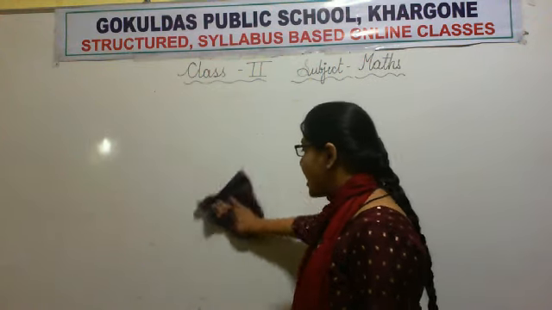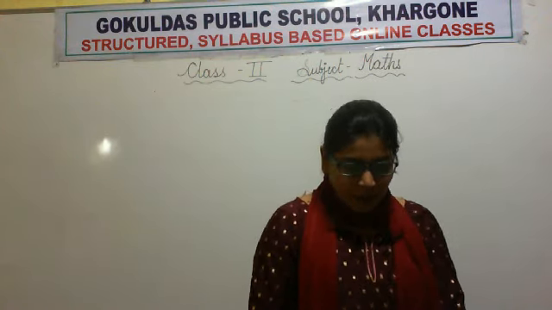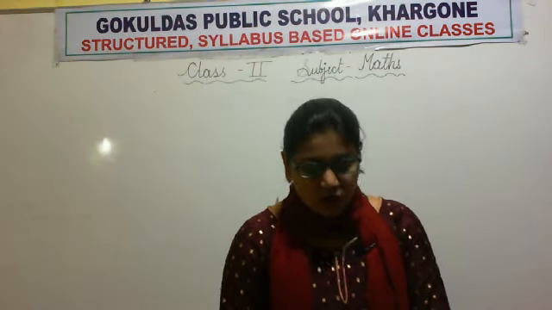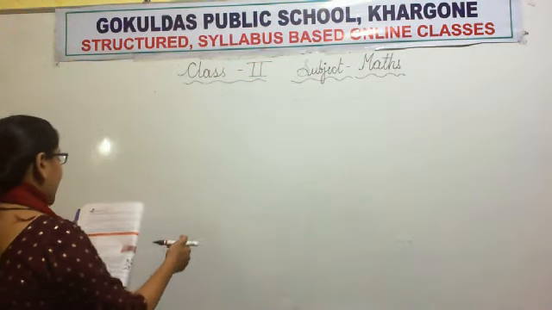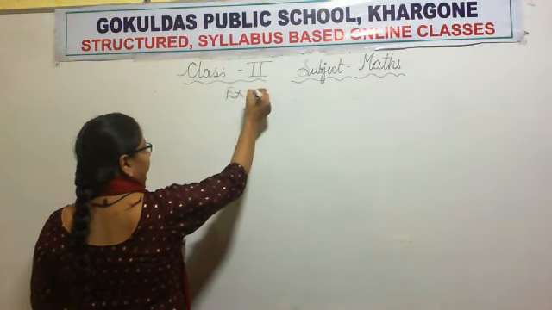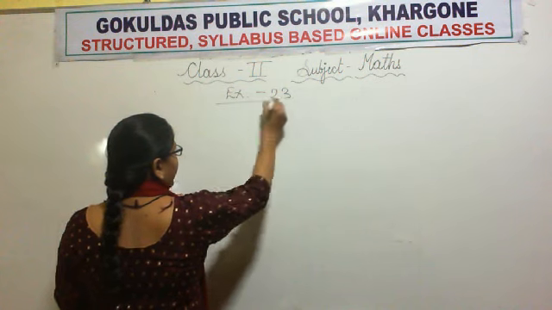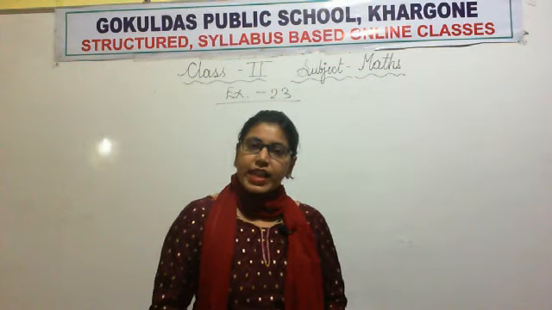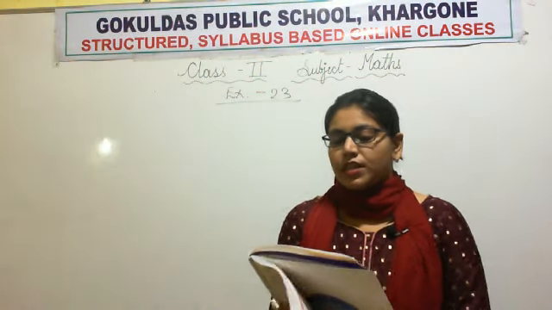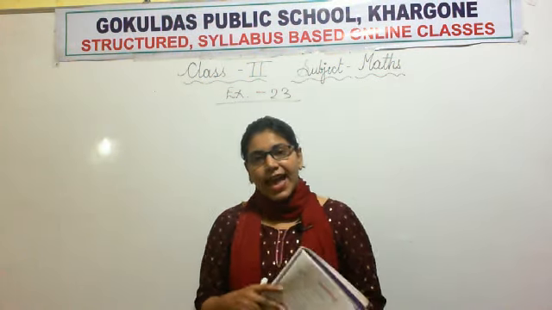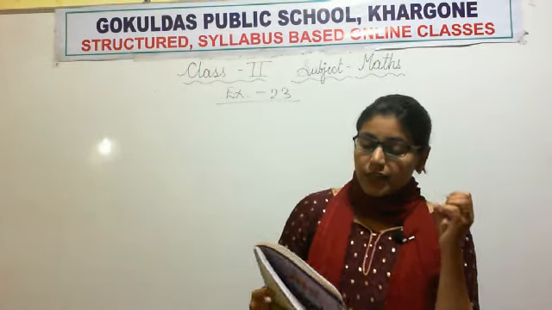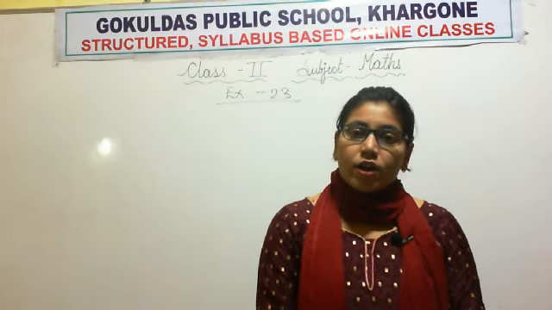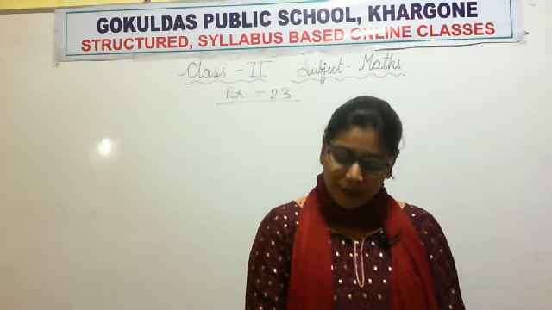Okay. Now all of you open your book, page number 38. Open your book, page number 38, that is exercise 2.3. And we have done the first two questions of the exercise. Question number 1, which is of rounding off to the nearest 10, we have done in a previous lecture. And question number 2 is of rounding off to the nearest 100. That also we have done in our previous lecture.